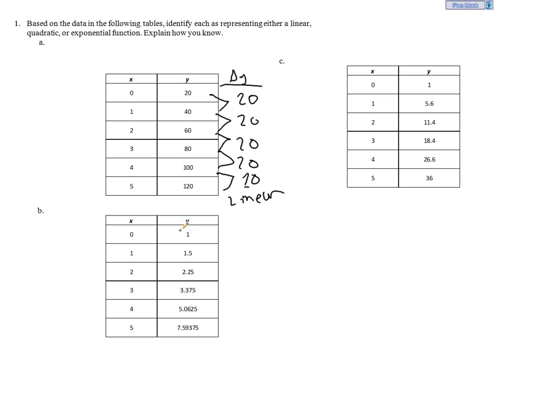Here, if you notice that it changes by 0.5 and then it changes by 0.75, so it can't be linear, but if you compare their ratios, you will always get 1.5. And same thing here, and same thing down the line. Whenever you compare the